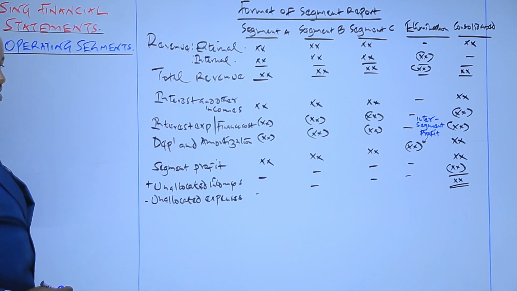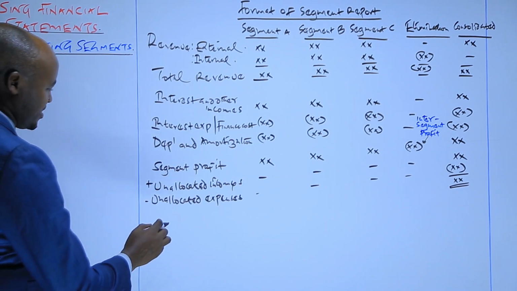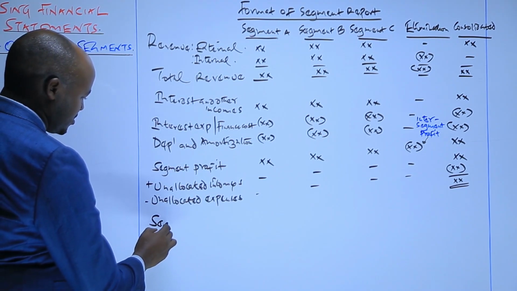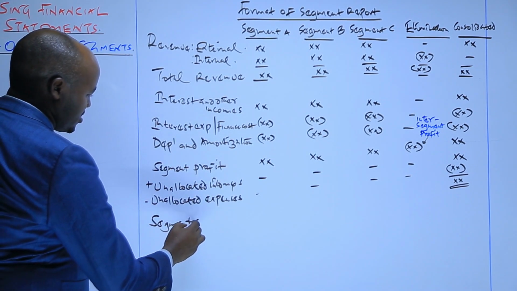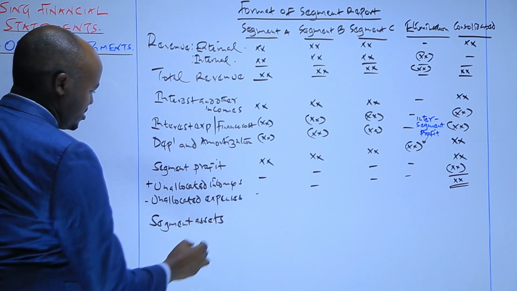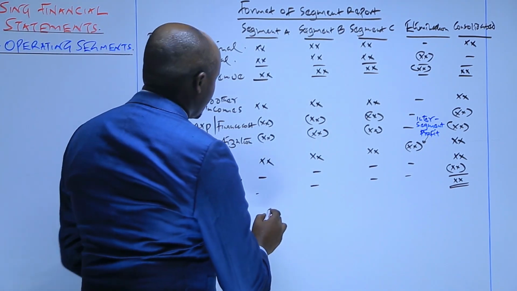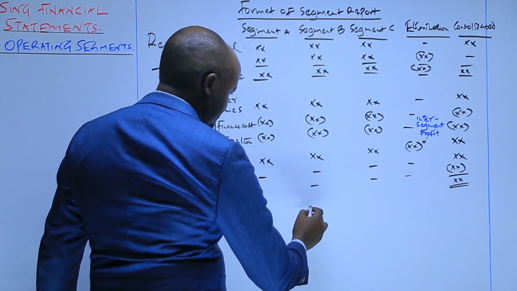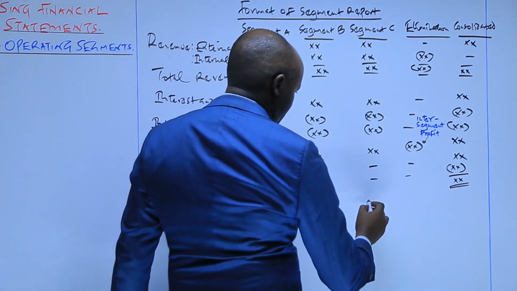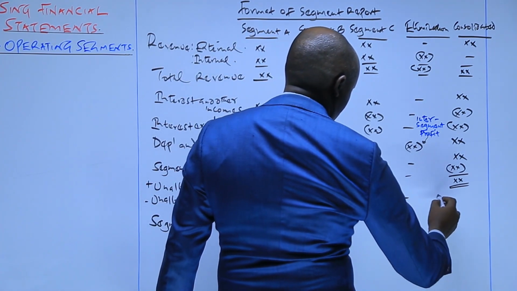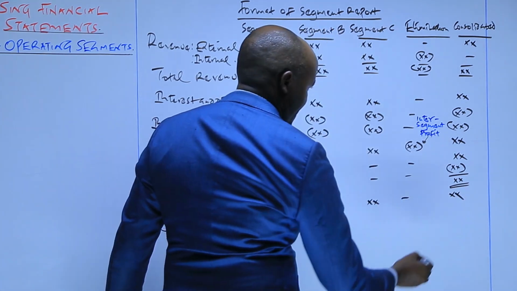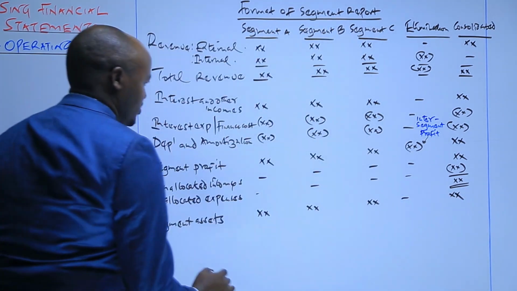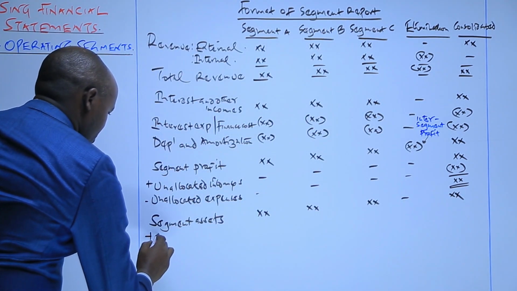So next, we record information about the segment assets. So we record information about the segment assets here. Asset of each segment. Get the total, take it to the last column, and then to this we also add